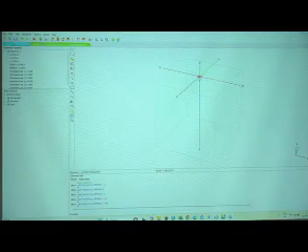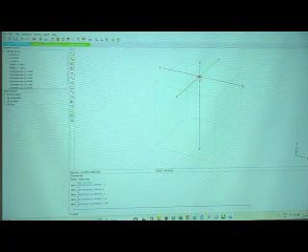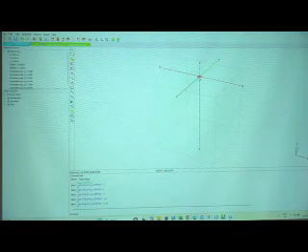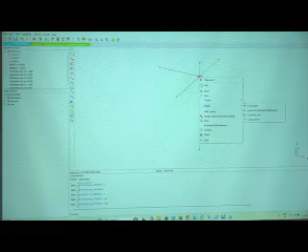So after creating this circular polycurve, then create a